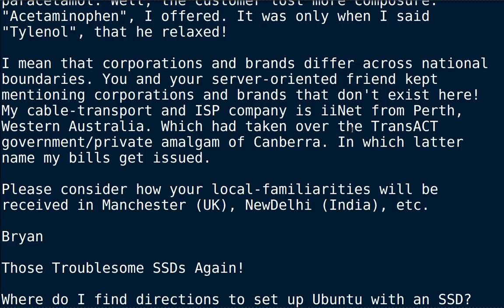My cable transport and ISP company is iiNet from Perth, Western Australia, which has taken over the TransACT Government Private Amalgam of Canberra, in which latter name my bills get issued. Please consider how your local familiarization will be received in Manchester, UK, New Delhi, India, etc. And that comes from Brian.